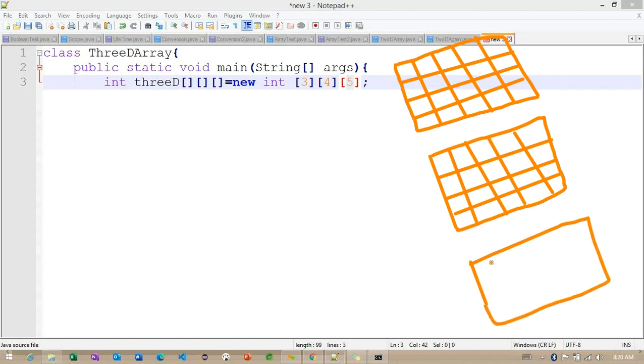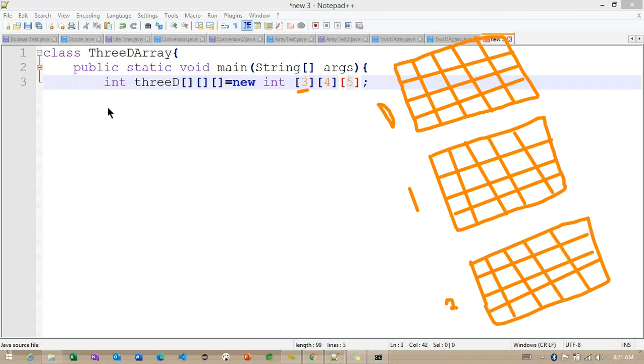So this is the final one, because the 3 indicates 0, 1, 2. Right. So this is the array here. And for each box, we have 4 rows and 5 columns. Right. So we created this particular array.